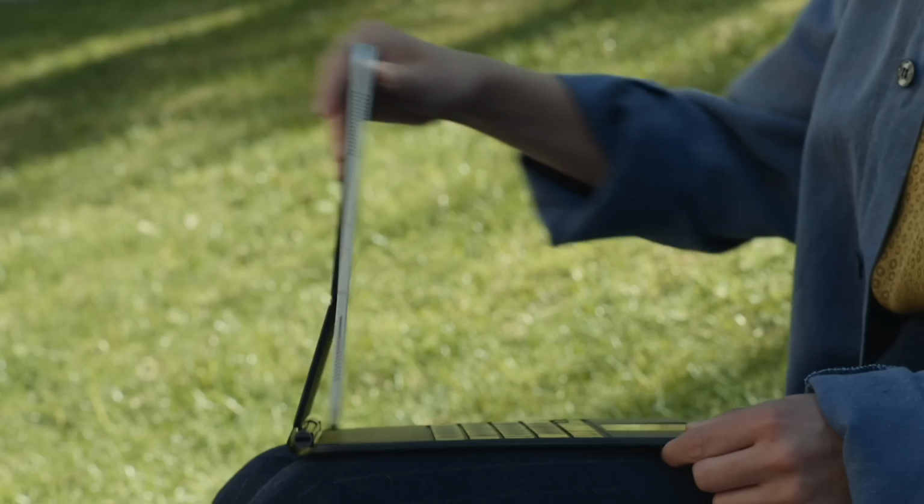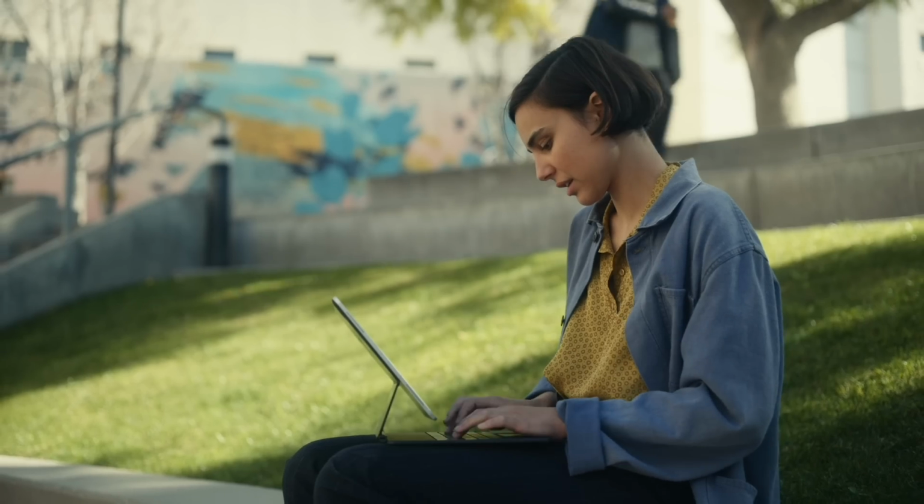Makes it feel a lot more like a normal laptop. We also have the new Magic Keyboard, which isn't out yet. I'm not sure exactly when that's coming out. The iPad kind of floats on top, and then with magnets, you can just like...